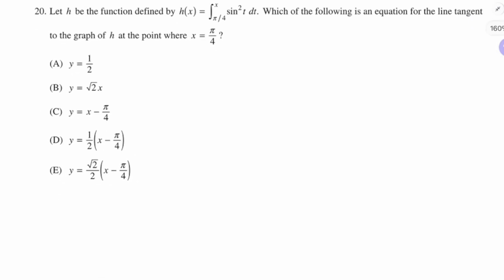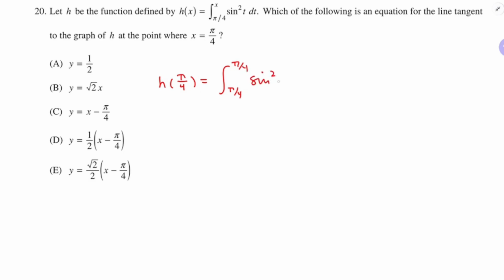Okay. h of x is the integral from pi over 4 to x of sine squared t dt. And don't worry, this is not an antiderivative you need to know. They're asking for an equation for the line tangent to the graph of h at the point where x equals pi over 4. And you might be like, oh, well, to get the point, I'm going to need to run the integral. And yeah, you definitely will, but okay, so to get the point, I'm going to do h of pi over 4 equals the integral from pi over 4 to x is pi over 4, and then you say,